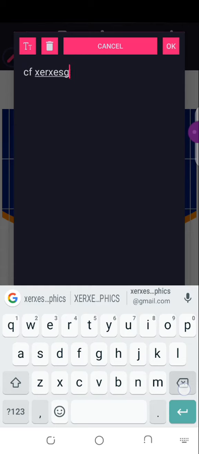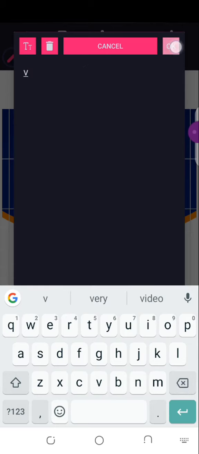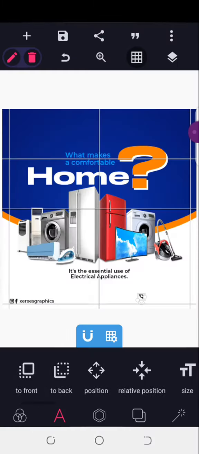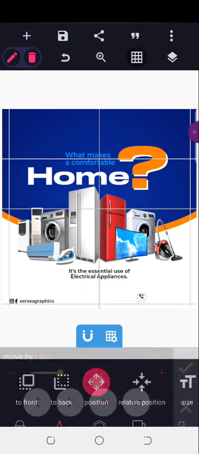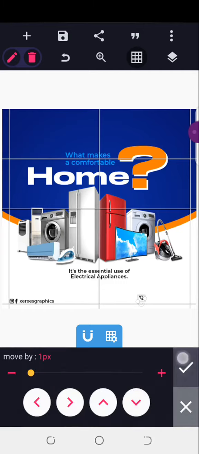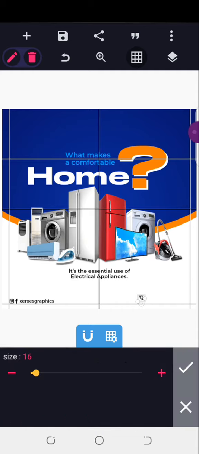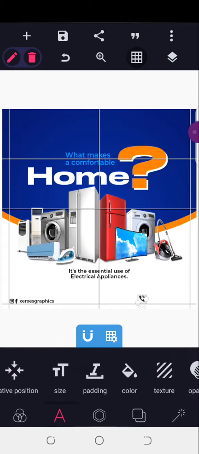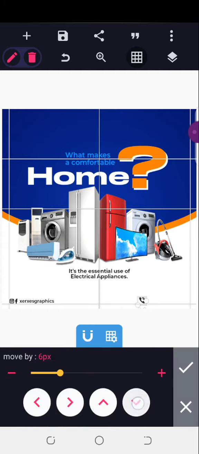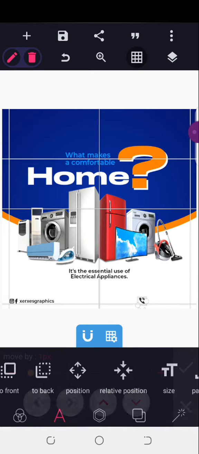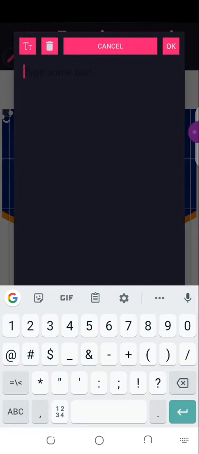then but I'll be making use of V this time, just V. So V is going to give me like a telephone number, the icon for telephone. So I'll be increasing the size. Let me make it about 21. So I'll copy this, edit, and